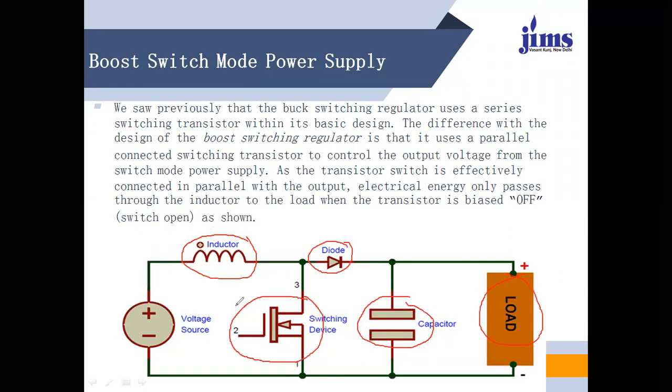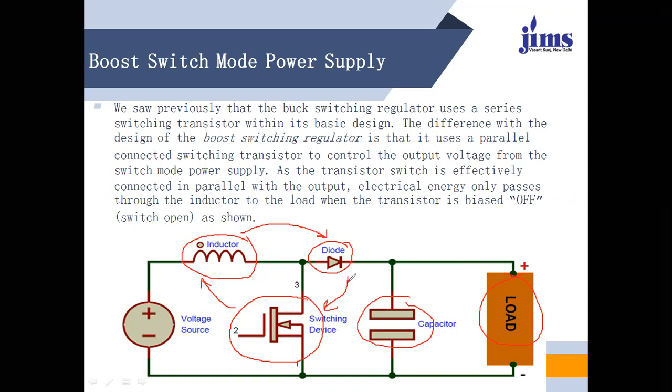This switch is placed in this position. The inductor is placed in the position of the diode, and the diode is connected over this part, in the reverse direction. For that reason, once the switching device is on, the supply moves straight forward, and once the switch is off, the inductor supplies the load with the help of the freewheeling diode. Now under the